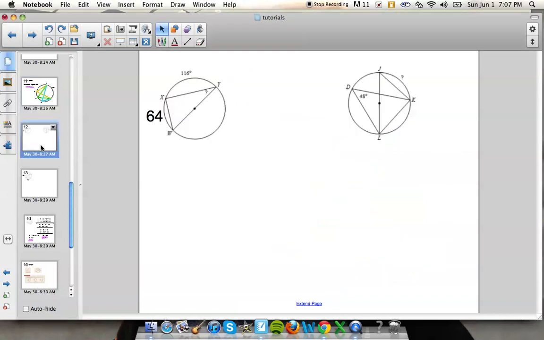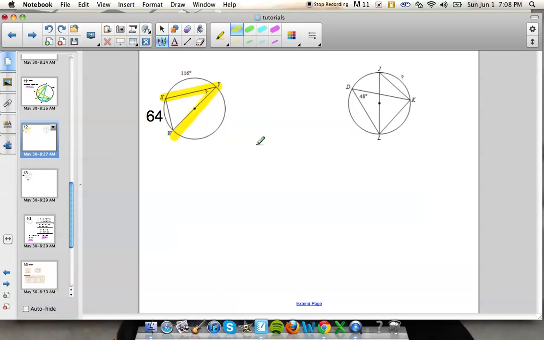So I have a few examples that I want to show you. This first example is we want to figure out what that question mark is. Now notice that this TW is going through the center of the circle, so that means it's the diameter, leaving arc WXT as 180 degrees, which is a semicircle. If we already know 116 degrees, that XT, then we can find XW. XW then is 64 degrees. That's 180 minus 116. Since we know this arc, looking at our diagram, we have this inscribed angle right there,